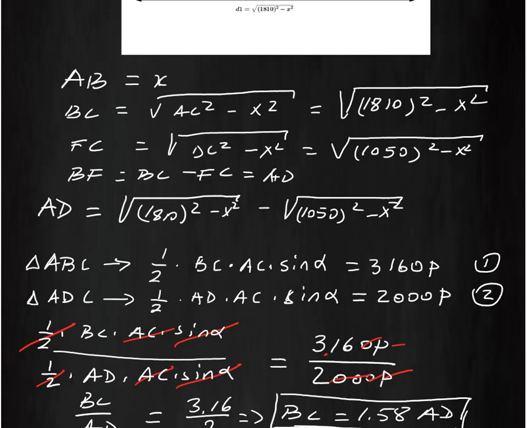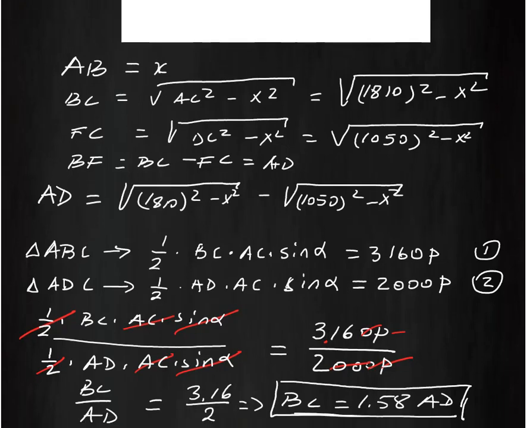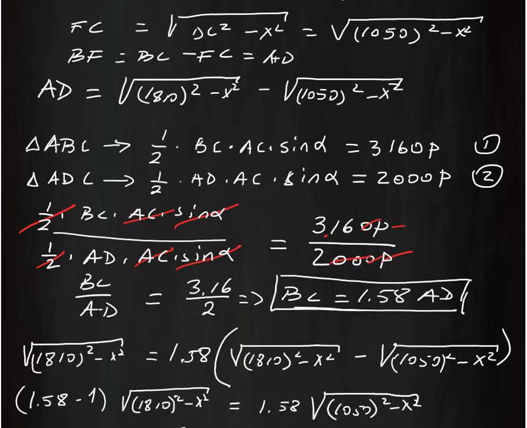Now if we divide the two equations, we get half of BC times AC times sine alpha over half of AD times AC times sine alpha is equal to 3160p over 2000p, and we simplify, we get BC over AD is equal to 3.16 over 2, otherwise BC is equal to 1.58 times AD. Now using that, we know that BC is equal to the square root of 1810 squared minus x squared minus,